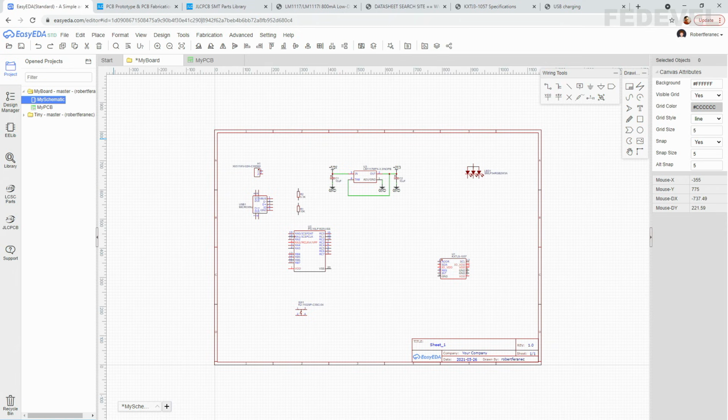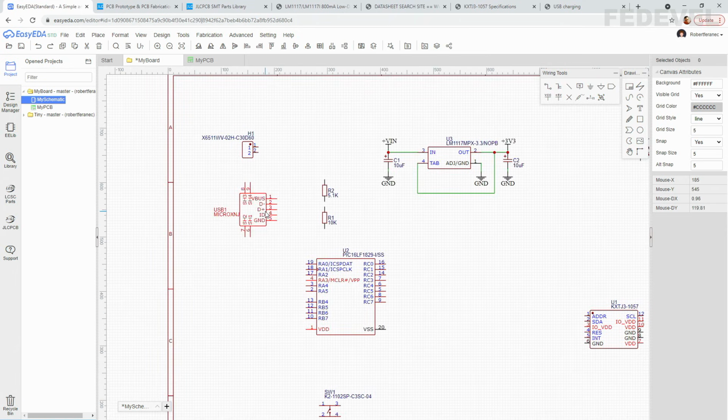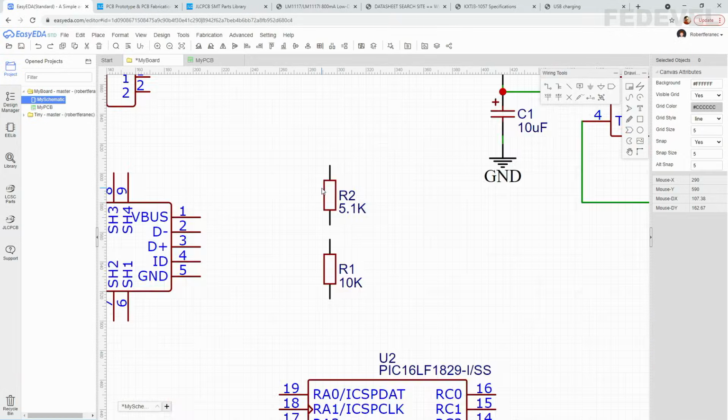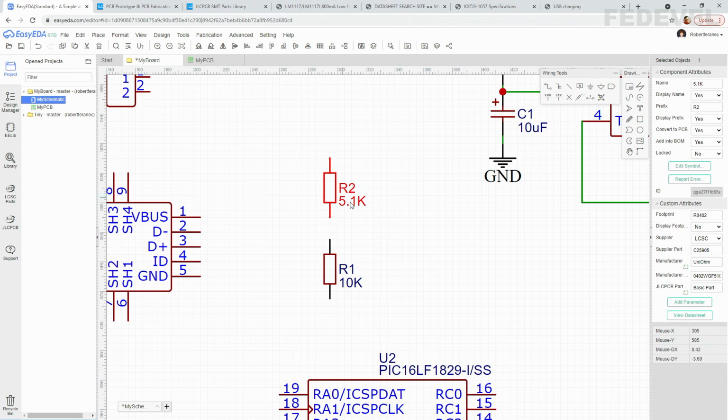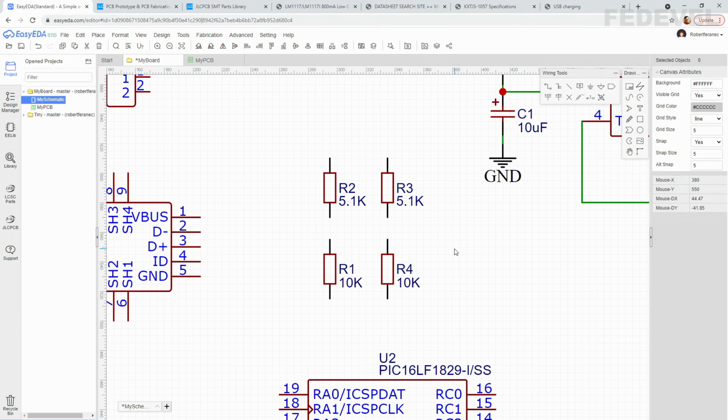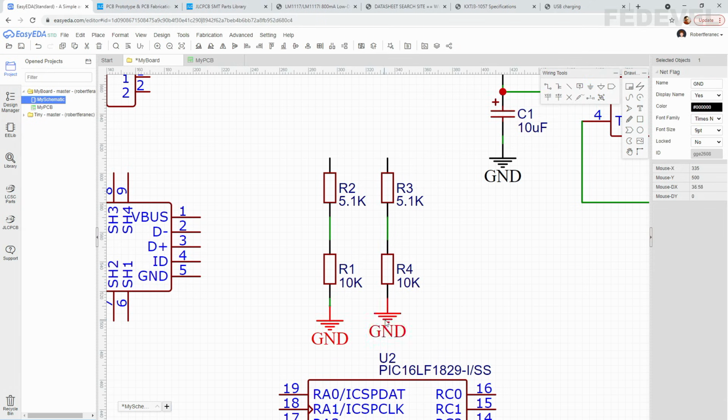We need the same resistor combination also for the second D pin. You know, R1 5.1K, R2 10K, R3 5.1K, R4 10K, D plus, D minus. So I'm going to move this a little bit up, press Ctrl, hold it down, left click also here to select them, Ctrl C, Ctrl V, left click, and we can connect them together. So left click, connect these two, escape, and place also ground here. Escape, move it a little bit down.